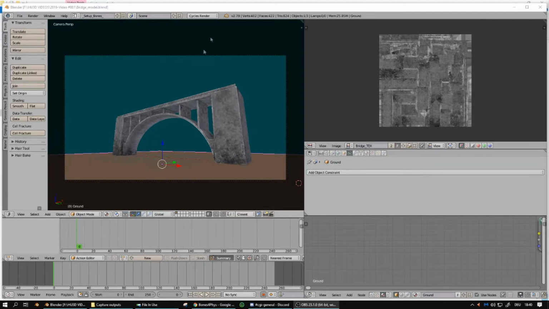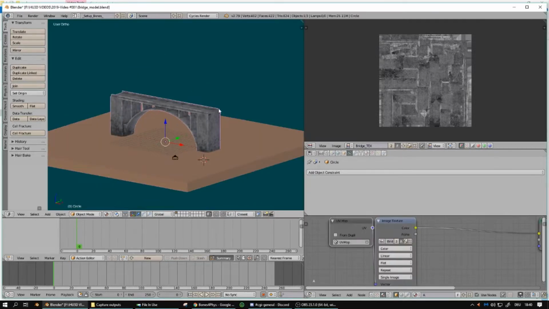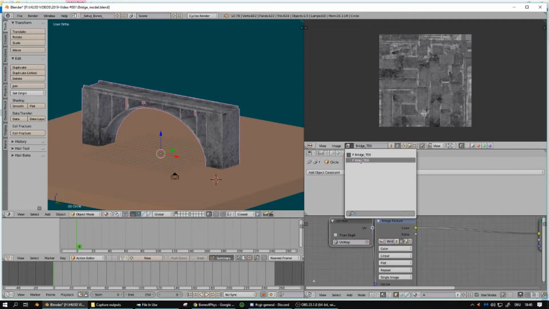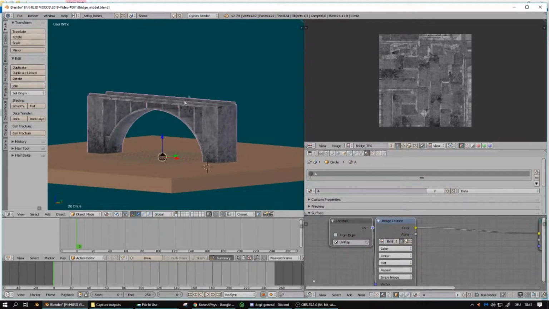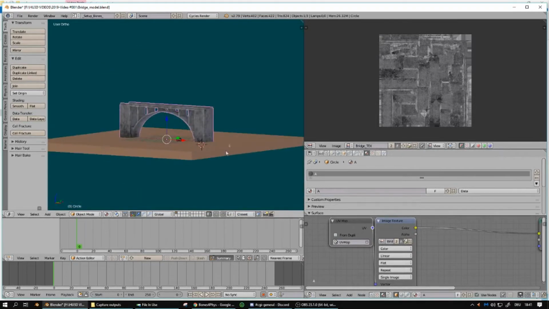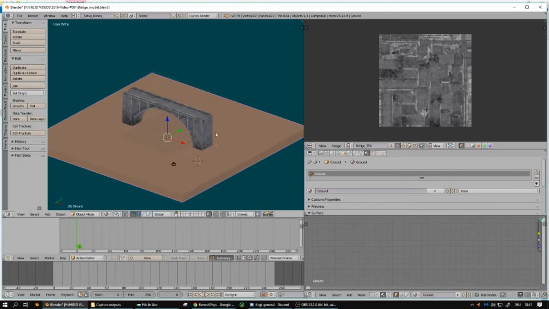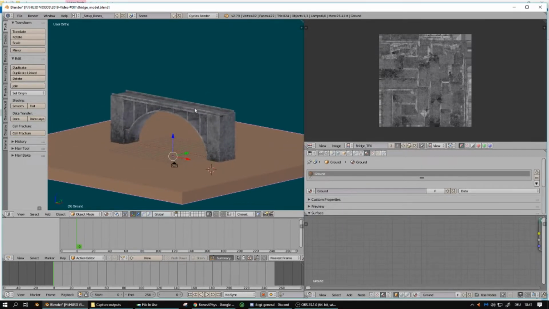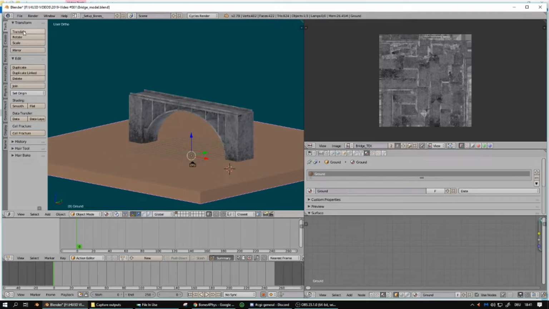So, for this demo, I prepared 2 textures and 1 basic material for the bridge. And also, there is 1 floor element which the bridge can collide with. So first of all, I would recommend you to activate 2 add-ons of Blender and then show you how to